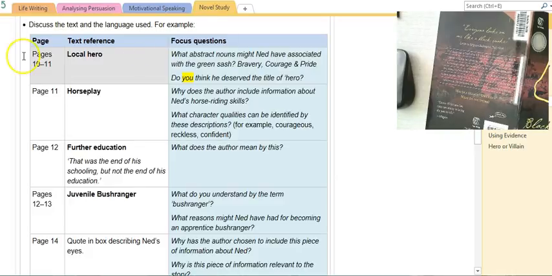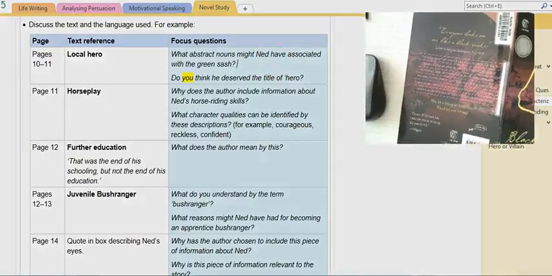So what we need to do is read these pages. We then have two questions that we need to answer. I'll read it for you. I'll then show you how we should answer these questions using the QAR strategy, and then you can go on and do the rest of those pages. So first off, I need to read pages 10 to 11 in Black Snake, and we'll do that quickly now.